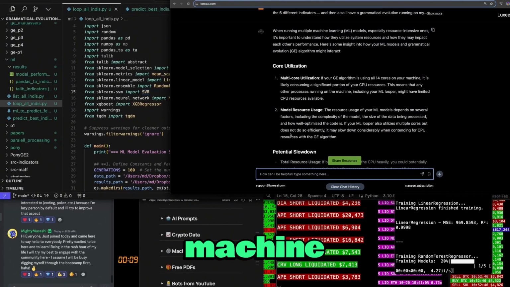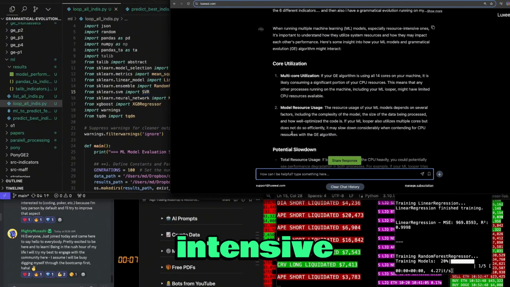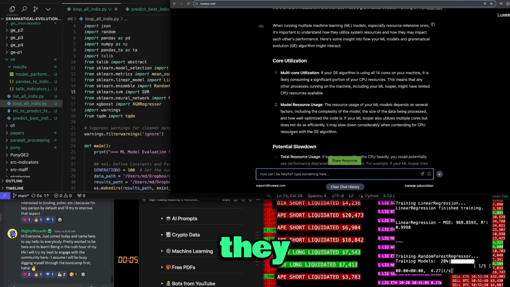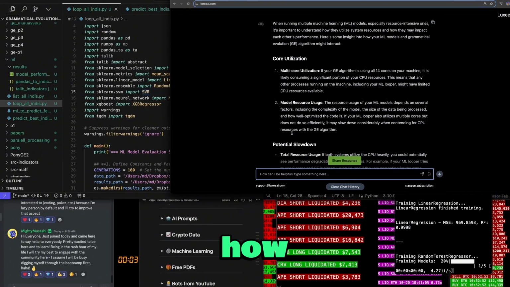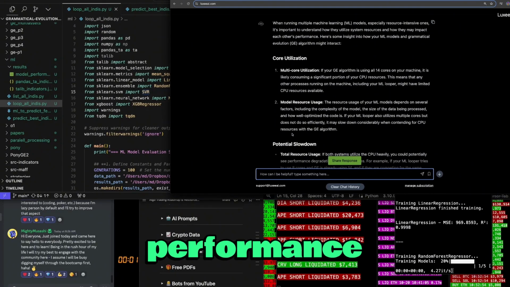When running multiple machine learning models, especially resource intensive ones, it's important to understand how they utilize system resources and how they may impact each other's performance. Here's some